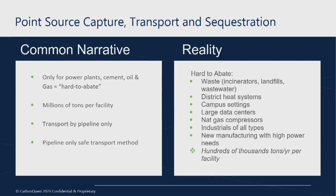The things that I really wanted to talk about is that there are some common narratives, and there are some commercial realities out there, and sometimes the two are not exactly matched. A lot of the narratives around carbon capture are that it should be, or it is, just for power plants and for cement and steel, that it's just for facilities that are many millions of tons a year, that the transport is only by pipeline, and the pipeline is the only safe method of transportation. And I'm not sure that